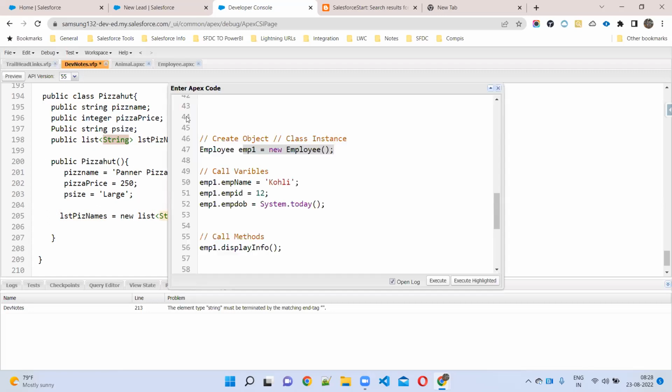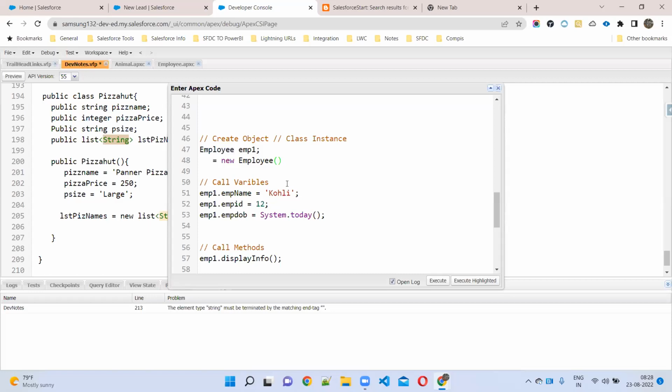So for example, here we have declared a variable. This is a variable declaration, this is an object declaration. What is the object name here? Employee is the class name. You can use it in one more line also. You can declare like this: Employee 1 is equal to new Employee. Now what will happen, sir? Memory is allocated for that employee 1 object.